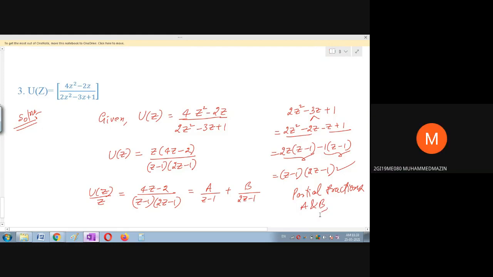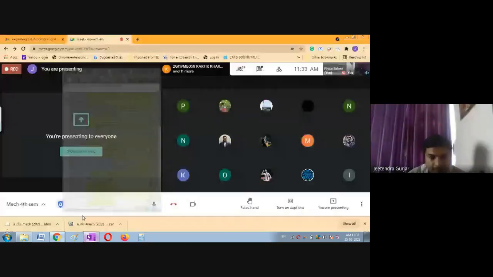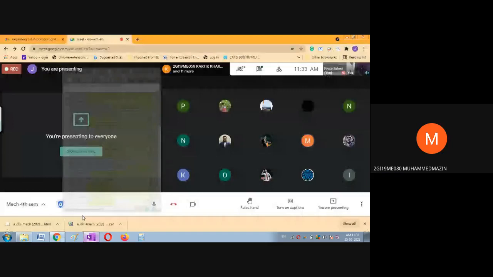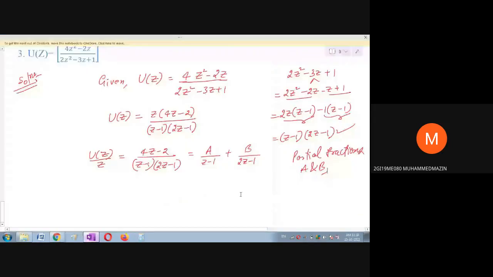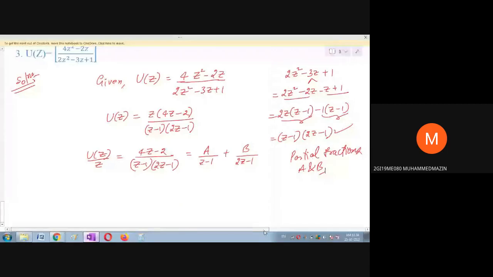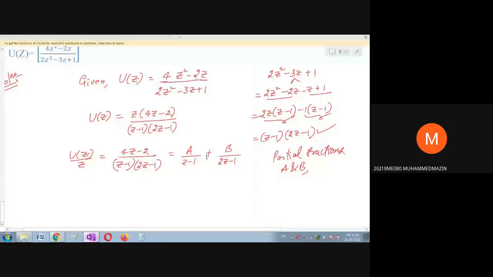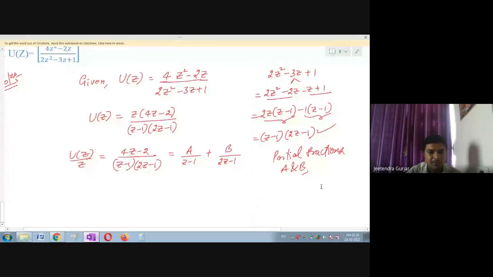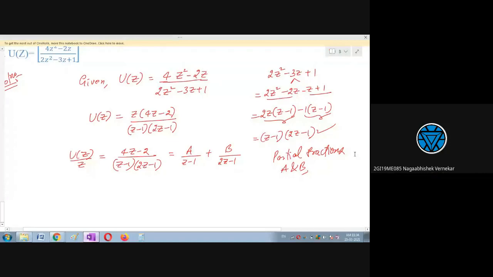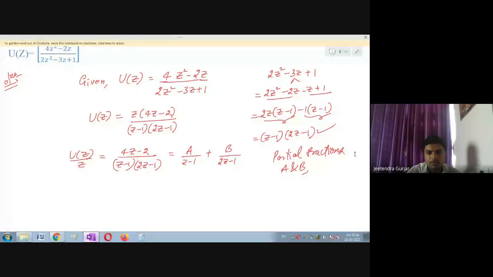Excuse me, sir. Yes, Priyanka, please try it and tell me. Yes, beta, yes. Sir, what if we interchange that z minus 1 and 2z minus 1 with A and B? No problem. You can do that. We get different values, purposely, right? I've written A divided by z minus 1 and B divided by 2z minus 1. Okay, no problem. You can tell me A and B. Minus 4 and 12. Yes, A is equal to minus 4 and B is equal to 12. Everyone got the same answer?